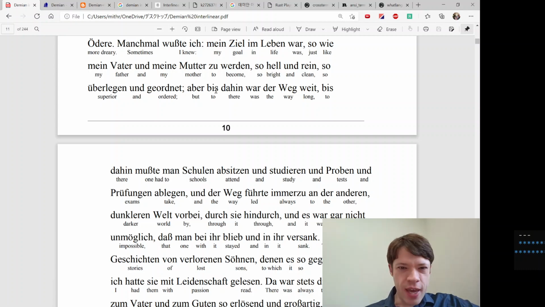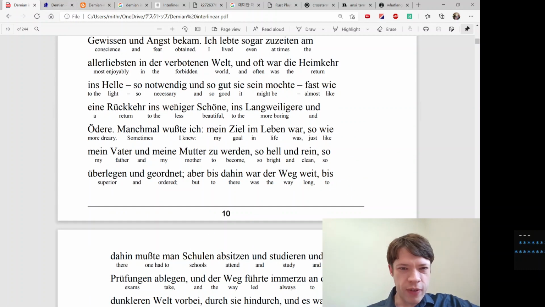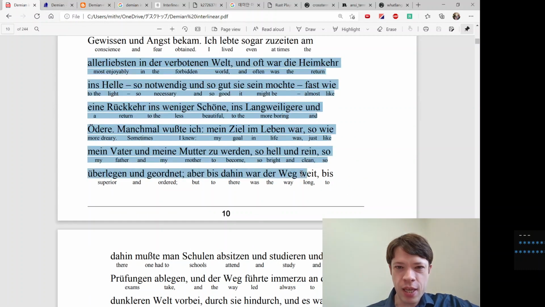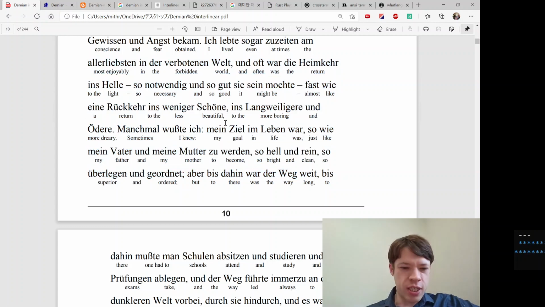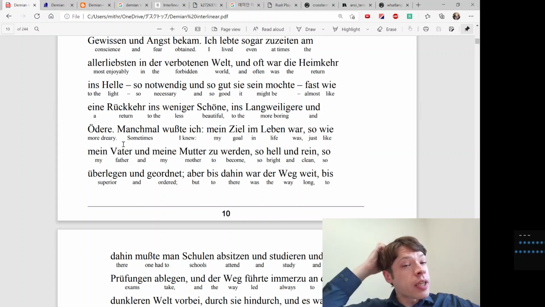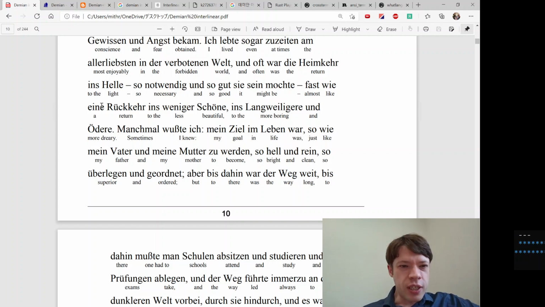And so after that, in 2012, I decided to make an interlinear translation to help other people who might be interested in the book and don't want to read it in a translation, especially in English, because German and English can be really similar sometimes. And for that, the best kind of book, if you can get it, is an interlinear translation. And you can see here's what it looks like.